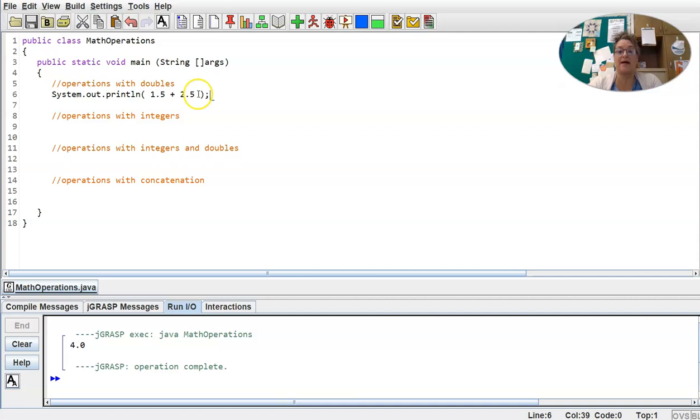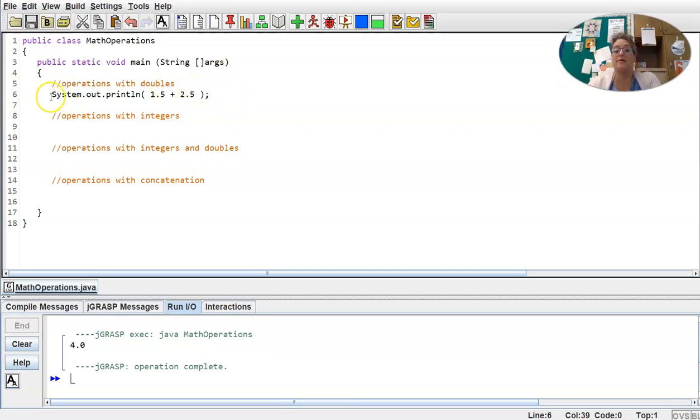answer is a data type double. And remember, doubles are decimal numbers. So even though 1.5 plus 2.5 adds to 4, which is an integer, because it's stored as a double, it's going to respond with a 4.0, right? A double plus a double equals a double. Okay, the same thing is going to be true